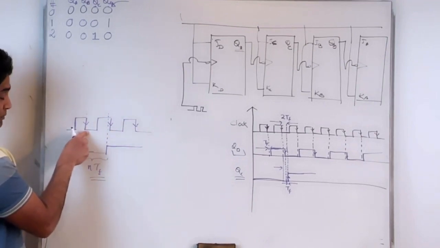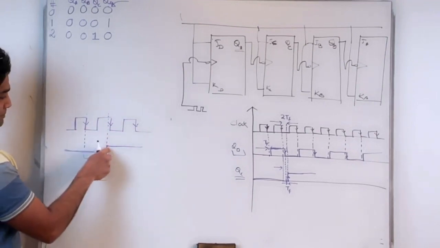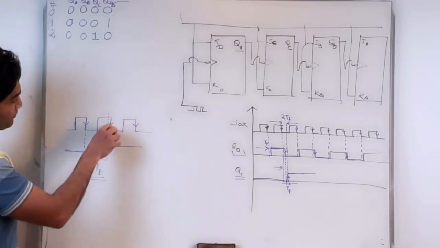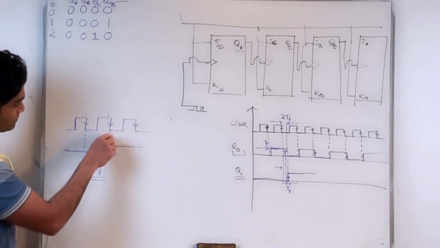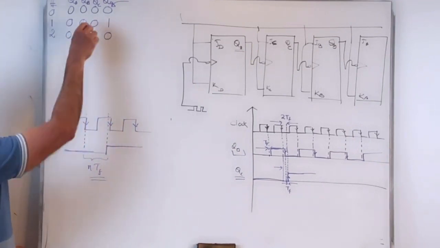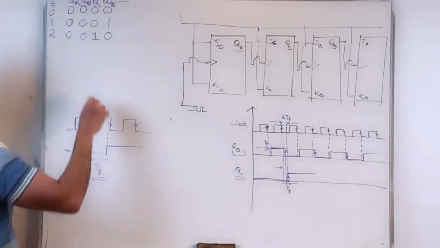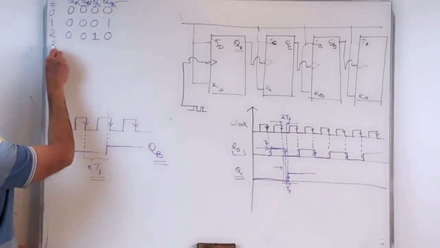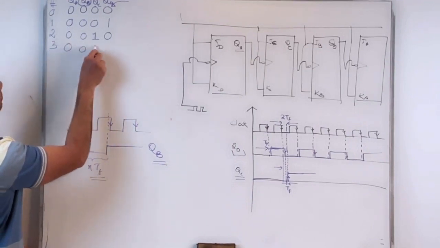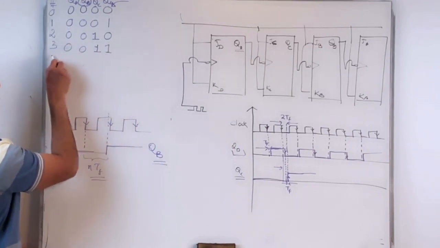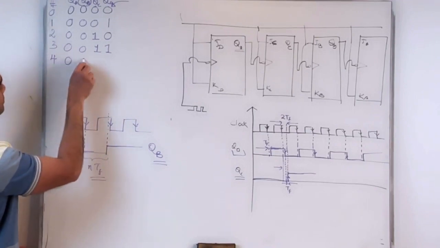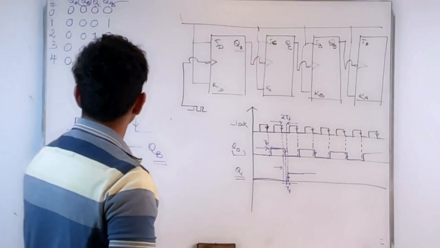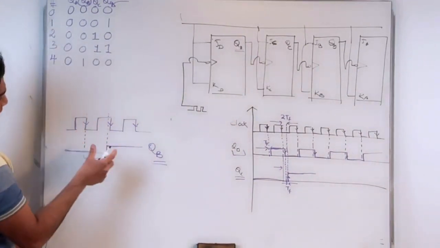This is the active edge where it was supposed to switch. It is switching here, which is still okay as long as it's not switching on the next active edge. Let's say this is QB, and this corresponds to QB in this example. So in this case, 0, 0, and then 1, 1. On the 4th clock pulse, it was supposed to switch and get the count like this. Now it will still get the count with a slight delay, which is fine for 1